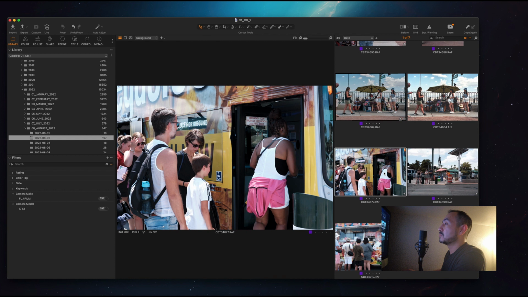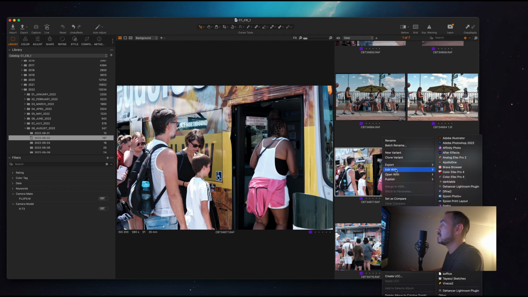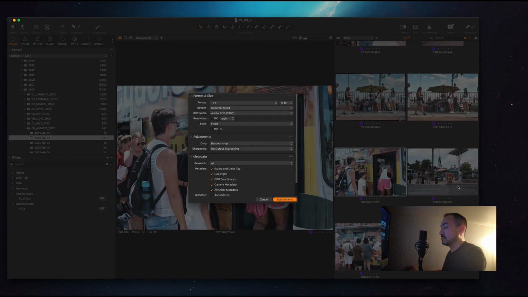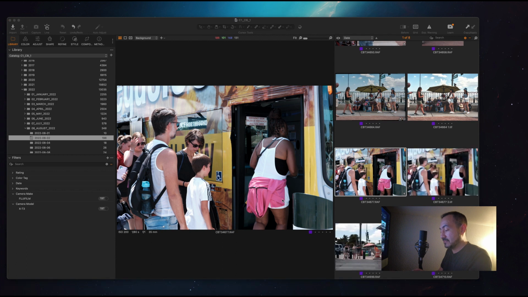Let's go to this one where there's not a lot of bright spots, but there's definitely a handful of people in here, and we want to make sure that the people look how we want them to look for this image. So let's right click on that image in the browser here, edit with Dehancer Lightroom plugin. I'm just going to leave all these settings on their default settings and click edit the variants, and it's going to create that TIFF file,